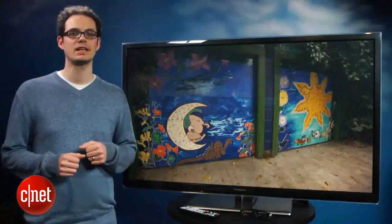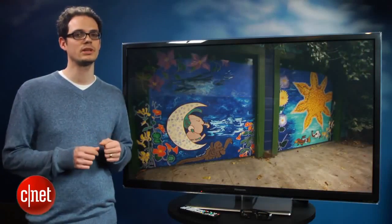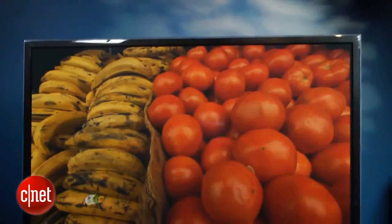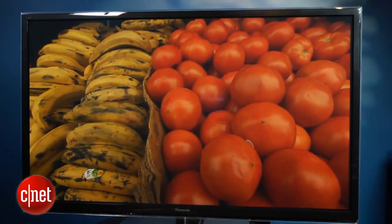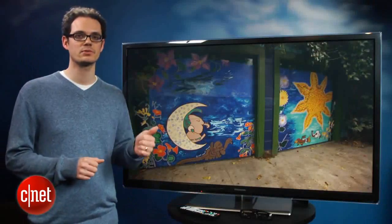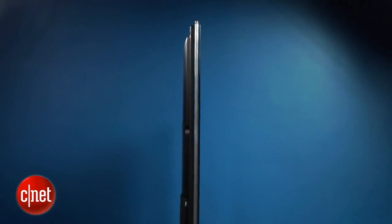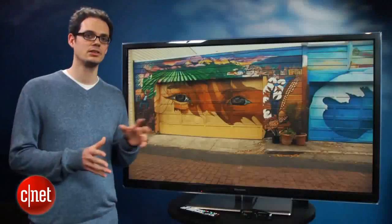This is a 55-inch plasma TV. This review will also apply to the 50, the 60, and the 65-inch member of the series. It doesn't come in any sizes smaller than that. This is Panasonic's mid-range plasma TV. It has 3D. It also has the company's high-end Neo PDP plasma technology for all that picture quality goodness. We'll get to that in a little bit, but first I'd like to talk a little bit about one of